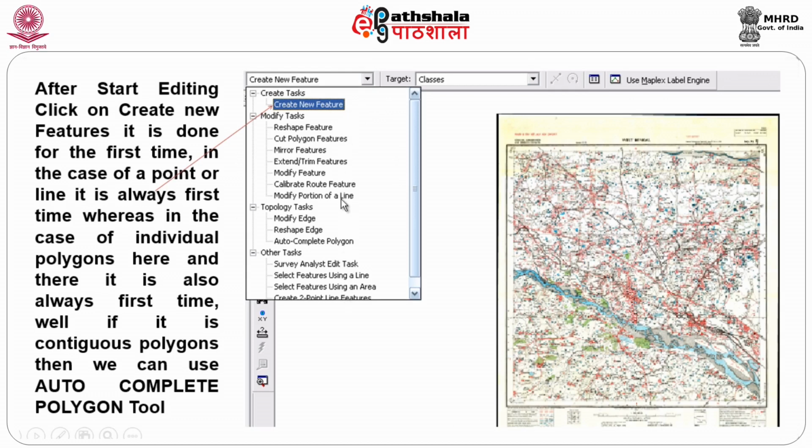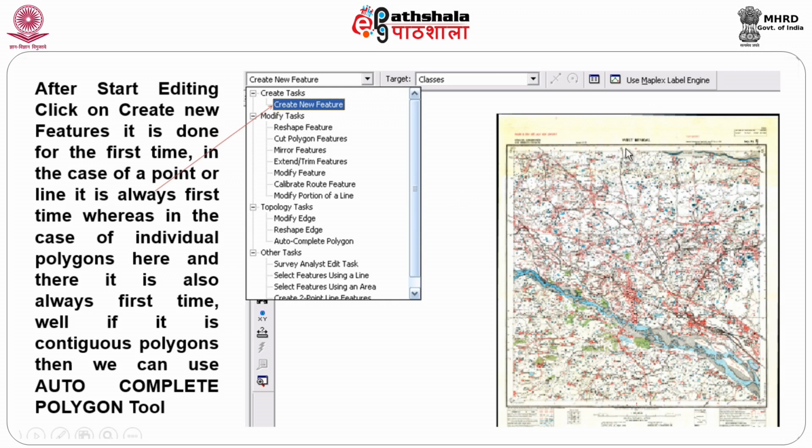Okay, what exactly do you want to do? Are you interested in creating a new feature? Are you interested in continuing a feature which already exists? Complete that. You see, n number of options are there. I create one line, that is one person. For example, let me take this particular box, I complete it.